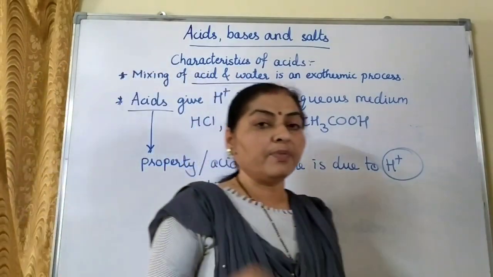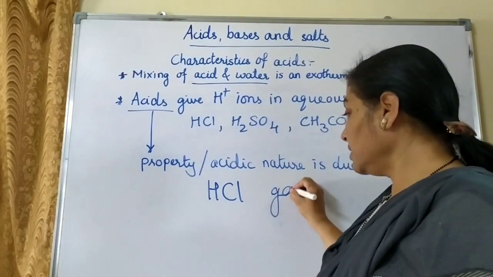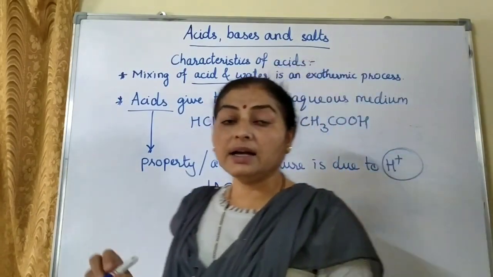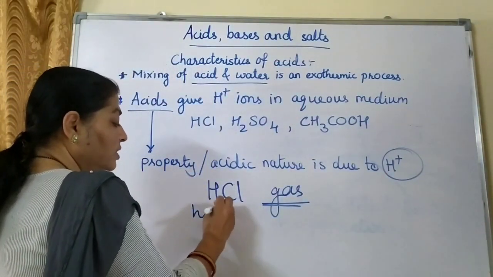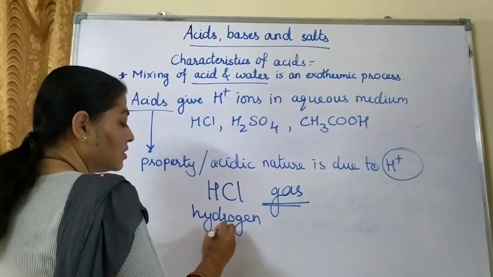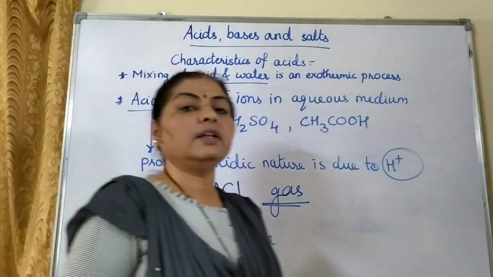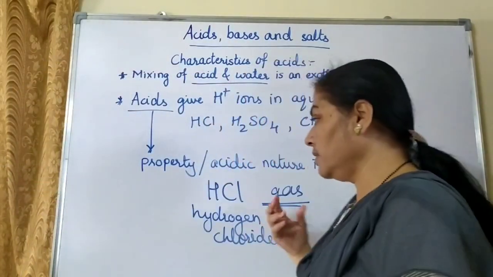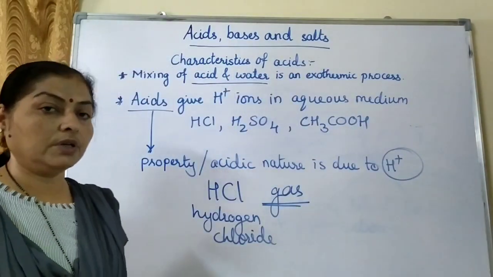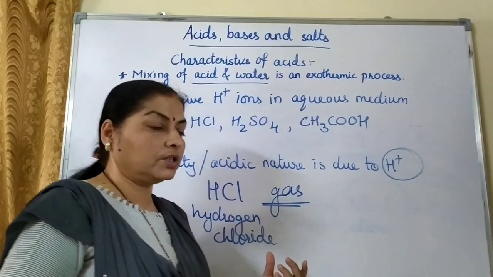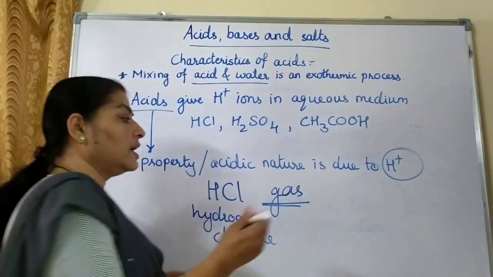Children, you will be surprised to know that HCl is originally a gas. It is a gas, hydrogen chloride. The name of this gas is hydrogen chloride. There is an activity given in your textbook under this topic, how HCl gas is formed. You can go through your textbook, you search where it is given, you will come to know HCl gas is